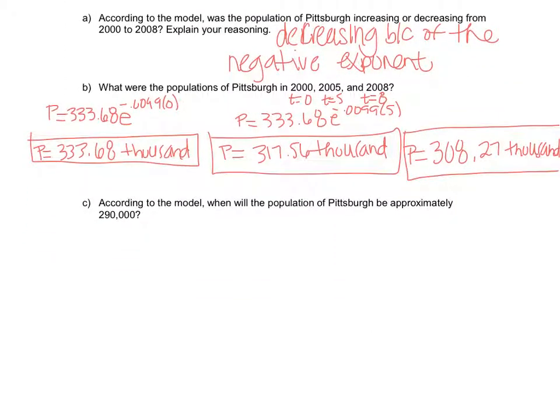Okay, so now what it's asking is when will the population of Pittsburgh be approximately 290,000? So what I'm going to do is set this equal to 290. Now, why would I set it equal to 290 and not 290,000? Remember, in the information that they gave us, they said this was representative of thousands of people. So we need to make sure that it's corresponding with what we're plugging in. So I'm going to go ahead and divide out